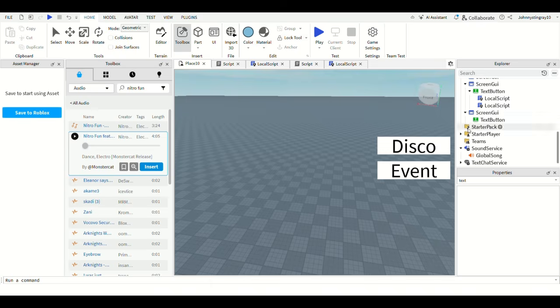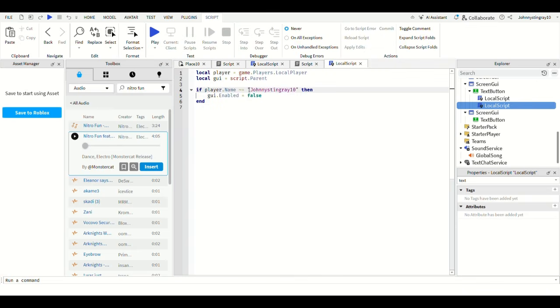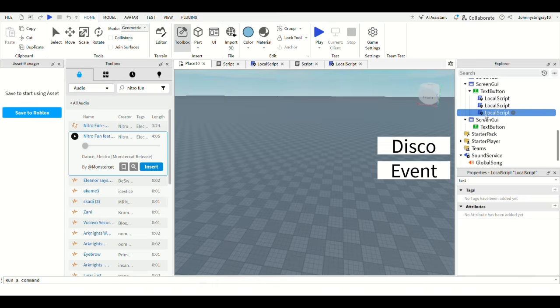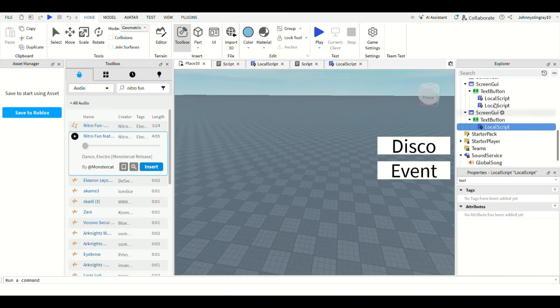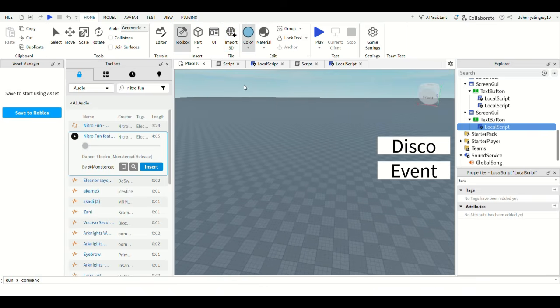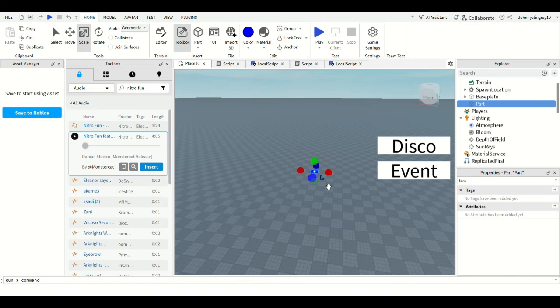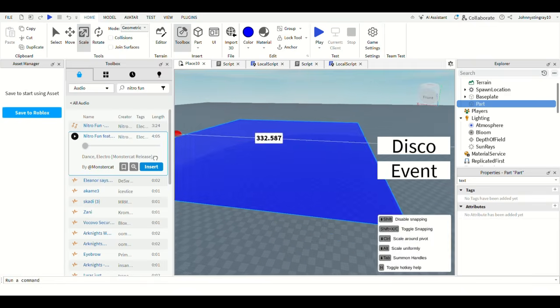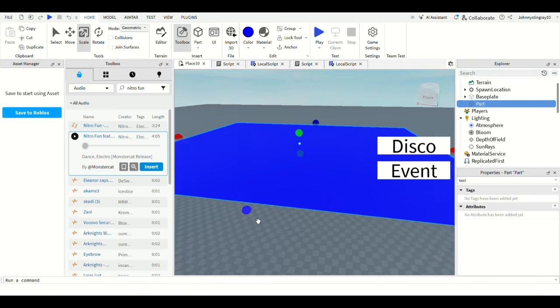Also add the script from earlier into this one too. Also add the script that makes it so only the owner of the game, only the admin, can see it. So make sure you add that script into our new button. Now this step is a little bit different, because this time you're going to make a little map, a little area. So I'm just going to make a quick water themed area with water,